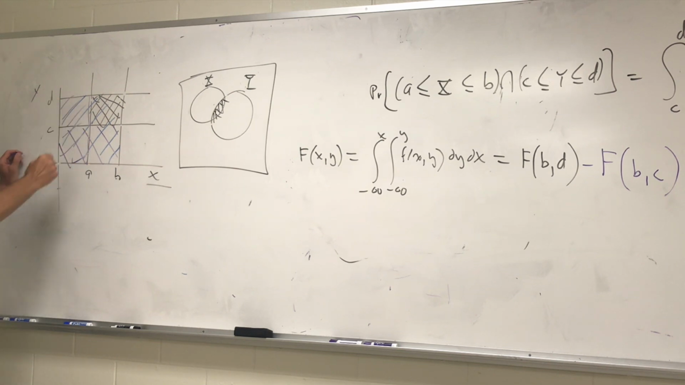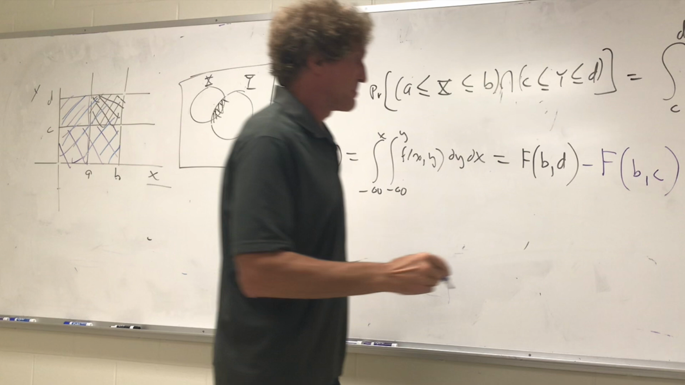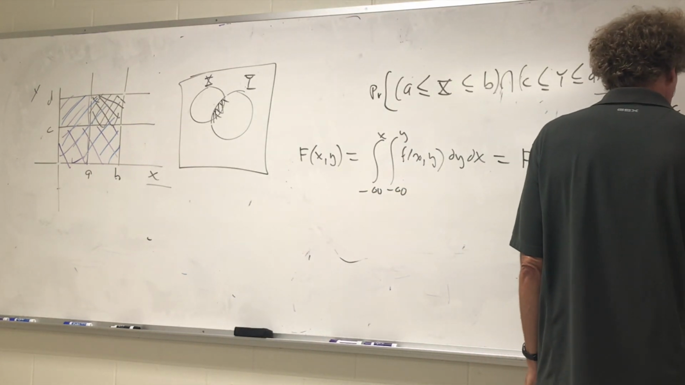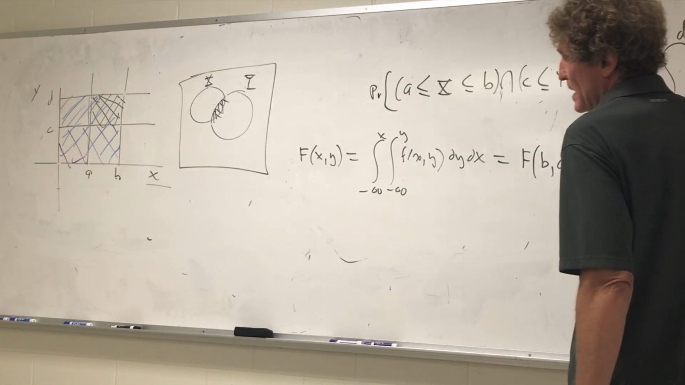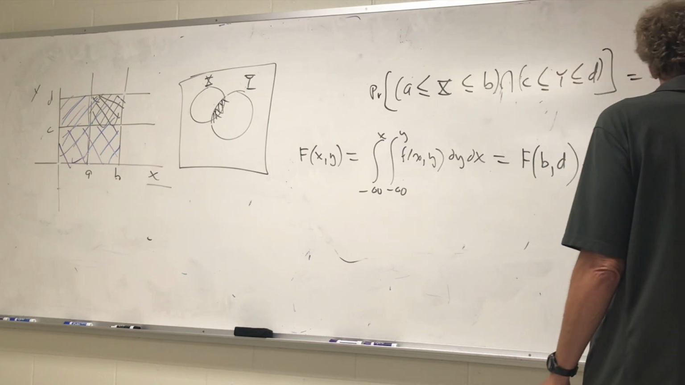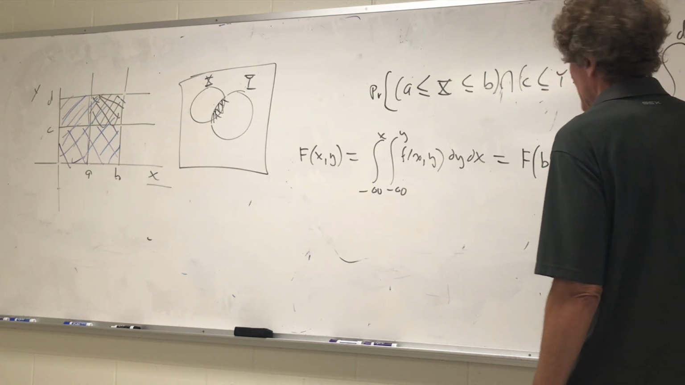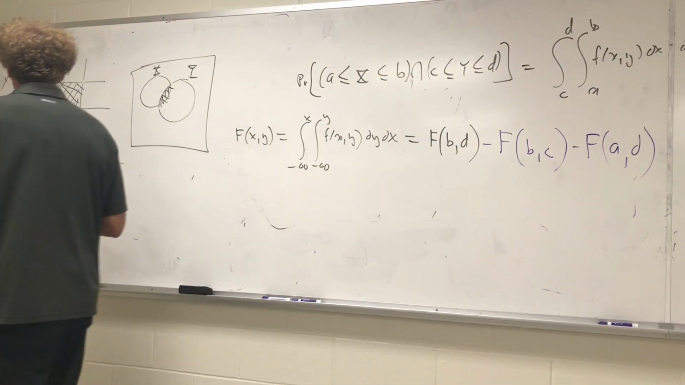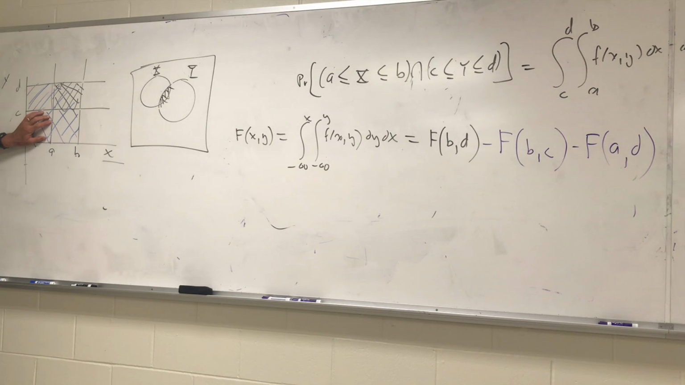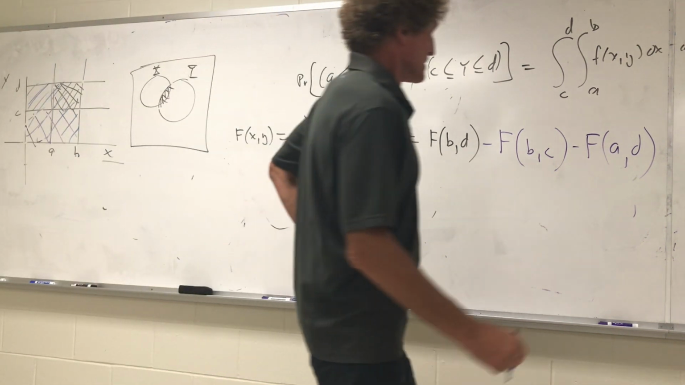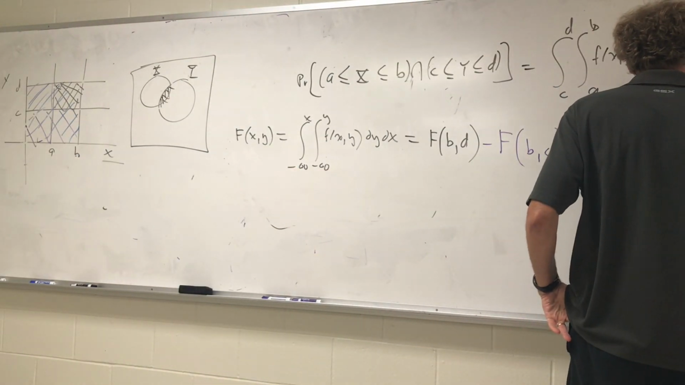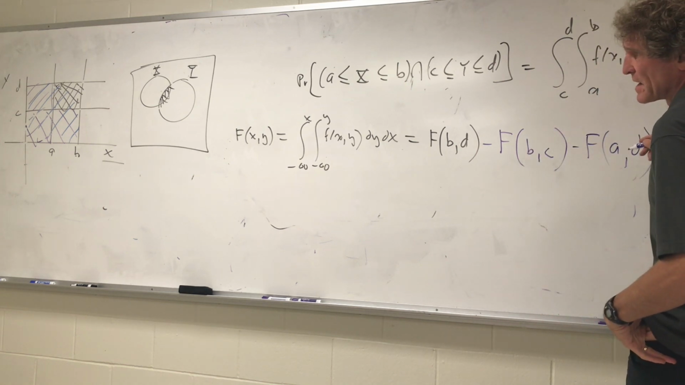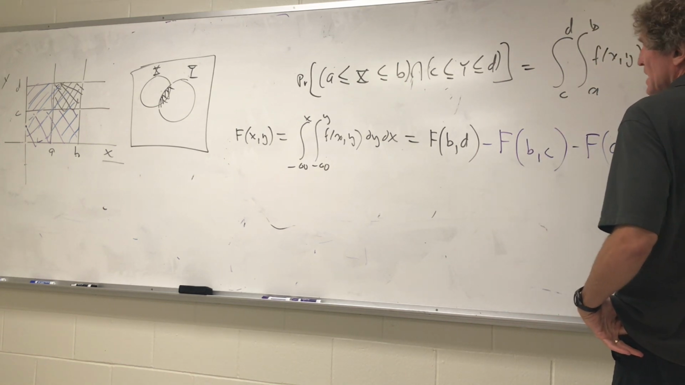and now I'm going to subtract off this area right here. What I'm trying to show you is this. So that's going to be minus F of, and here, x is going to be a, and y is going to be d. Now, what happened is I subtracted off this area twice. Can you all see this, class? So I have to add it. So it's going to be plus F of, and here it's going to be x is a, and y is